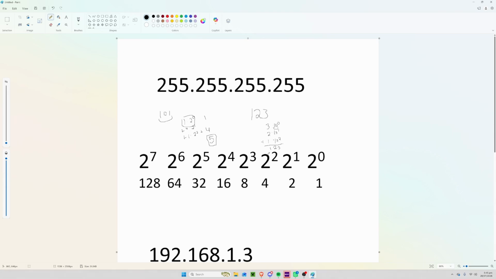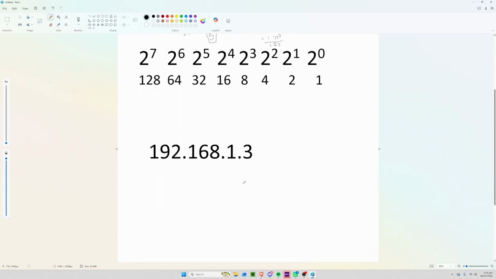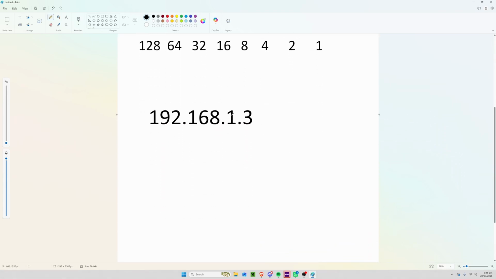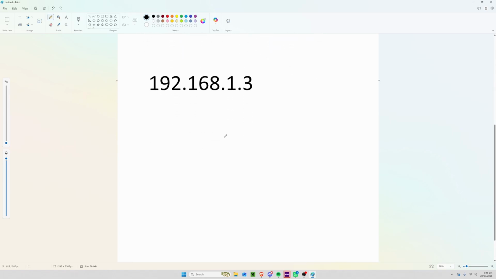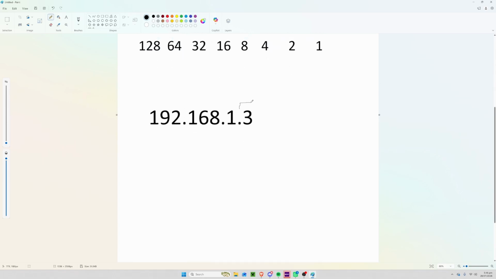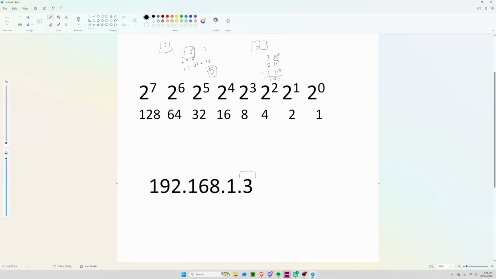So if I wanted to convert this IP address down here, 192.168.1.3, let's start with this digit because it's the most simple. We first start over here, and we can easily see that 128 is larger than 3. That's a problem. That means for that digit, it's a 0. And then we go down, we look at 64. Is 64 larger than 3? Yes. So that's also a 0. We'll find that all of these are 0